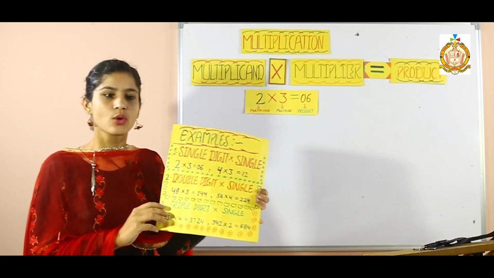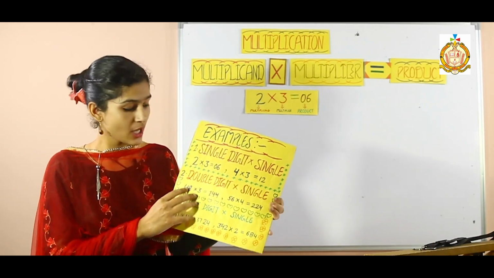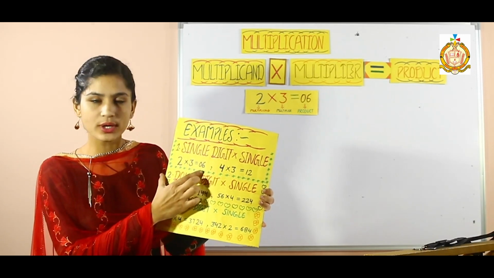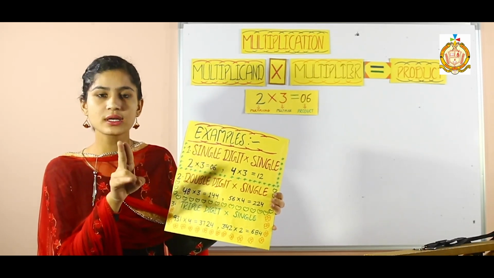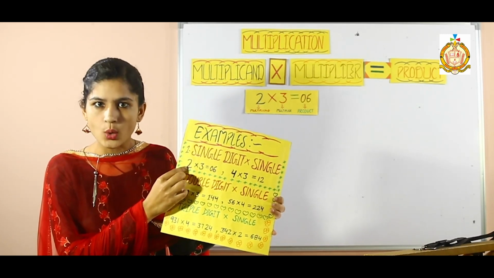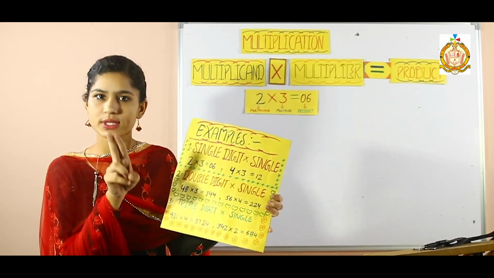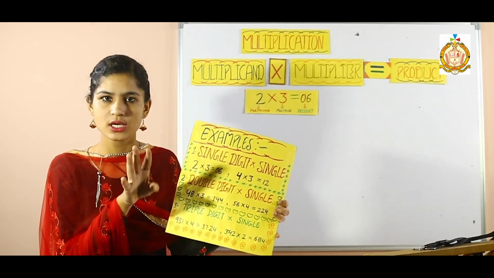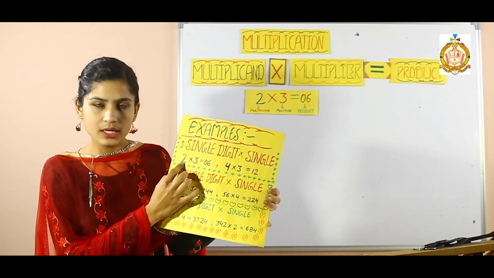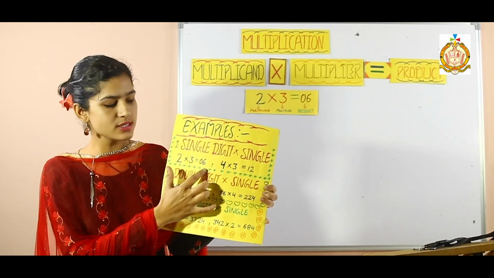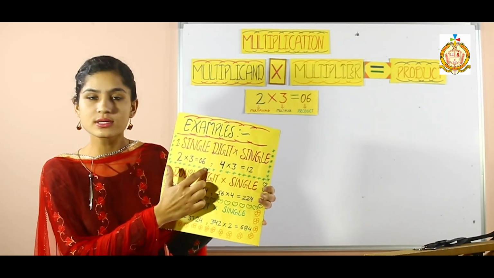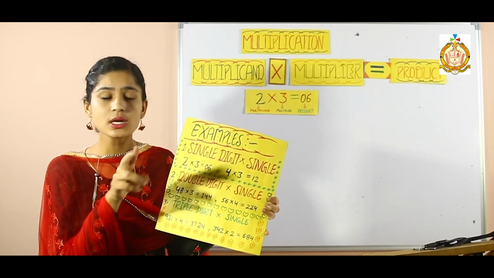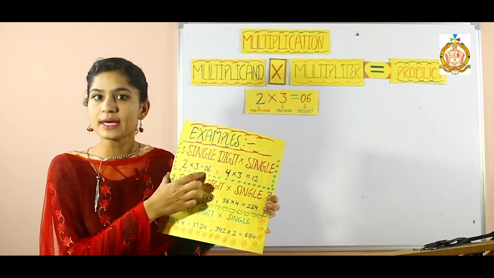One thing to keep in mind: whenever we do multiplication on our abacus, if your multiplicand has 1 digit, the product will be 2 digits. If your multiplicand has 2 digits, then your answer will be 3 digits. Keep that in mind. Here the multiplicand has 1 digit only, so your answer will be 2 digits. So 2 into 3 is 06. Only 6 will be there, but to make it 2 digits, we keep 0 in front of the 6.